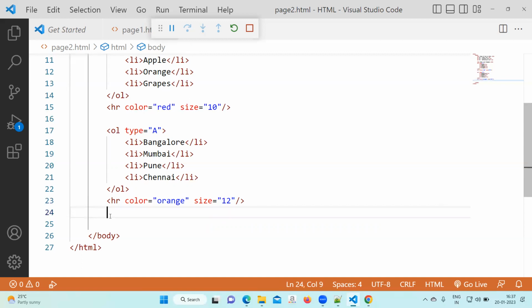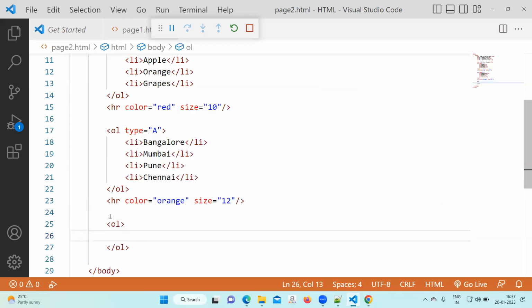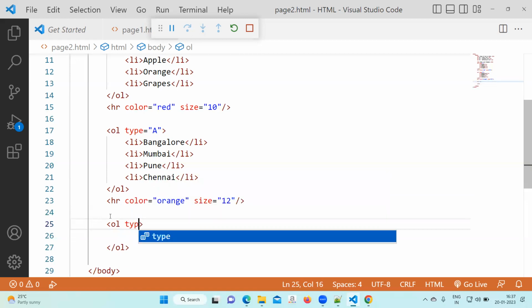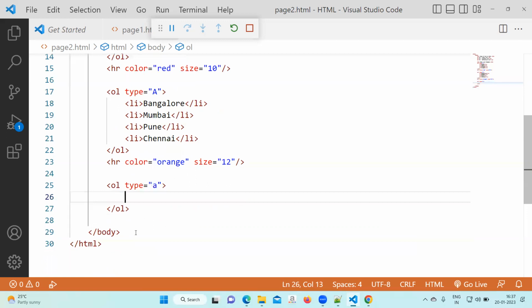Okay, clear. Right, next one. OL again. Type equal to small a. In that small a,